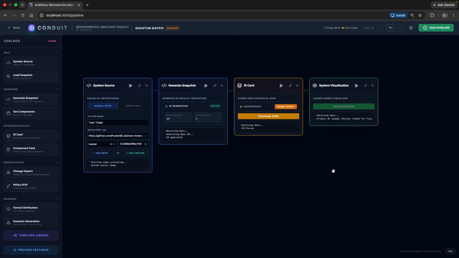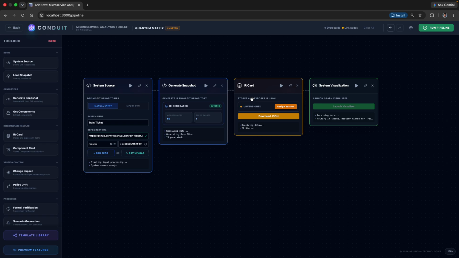one of the improvements that we have done is to allow users to assign a semantic version number to the generated IR in order to save or persist that as a particular snapshot of the system. Now, obviously, you can remain this as an unversioned snapshot of the system, but that would basically mean that the system would be considered a draft and would not really be